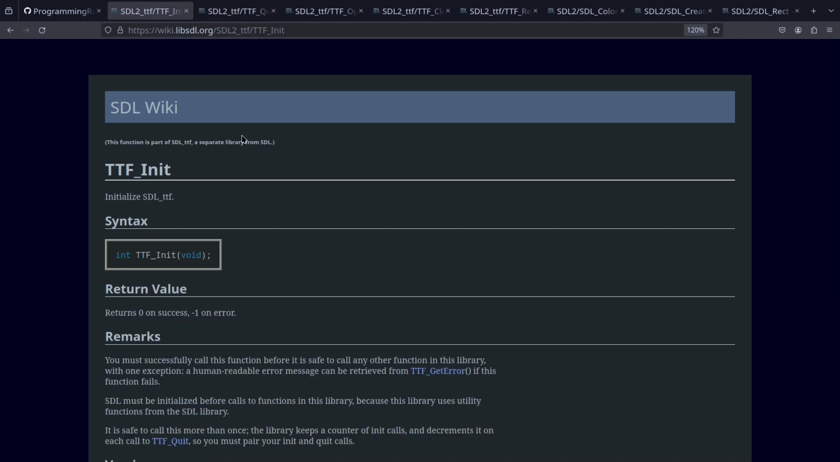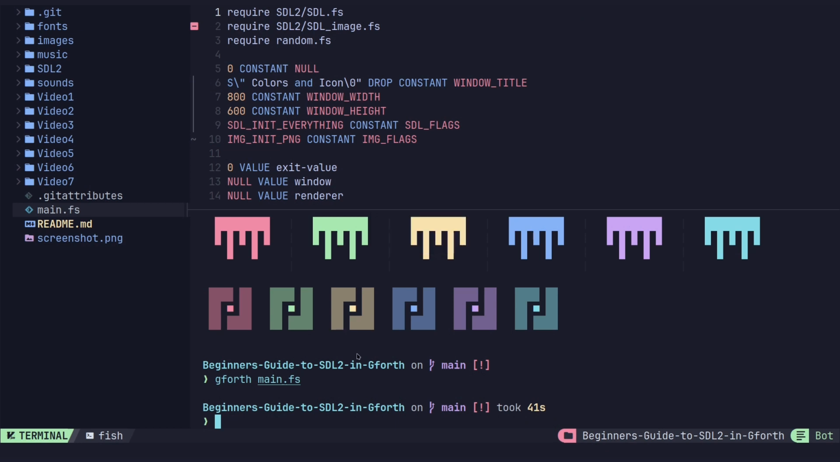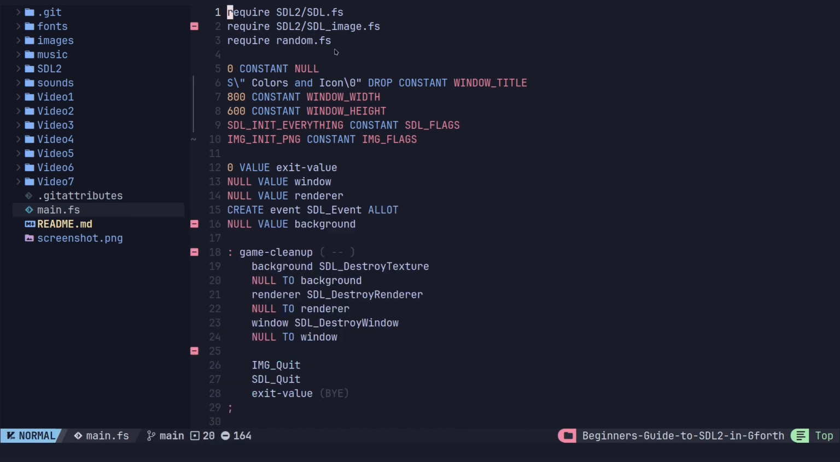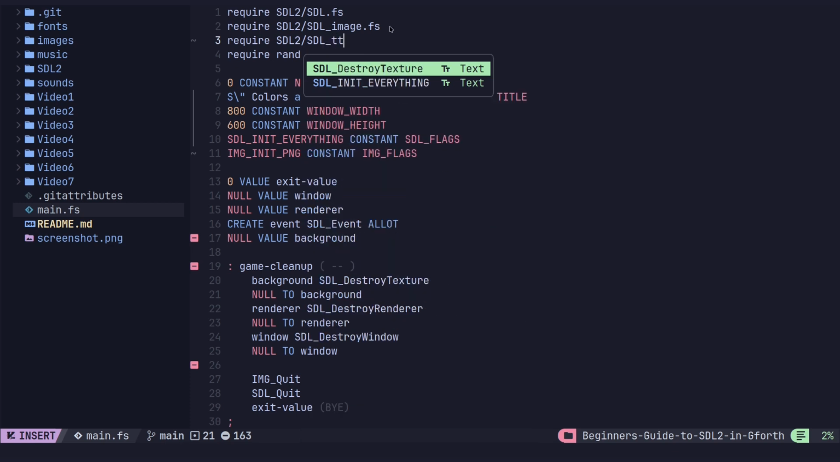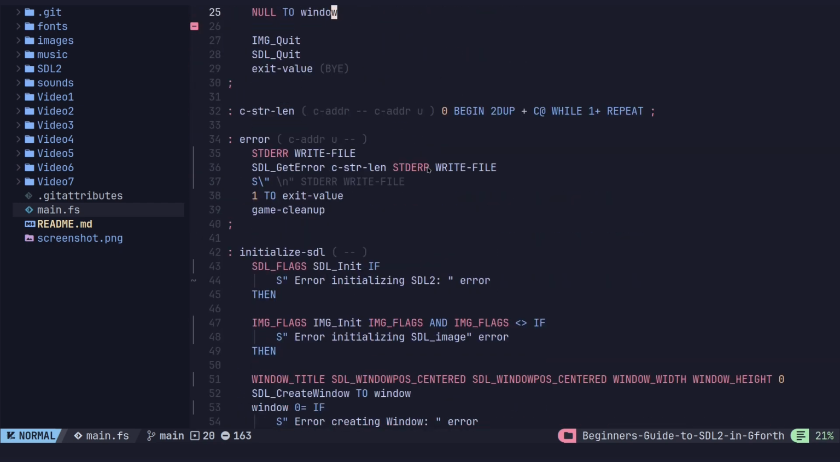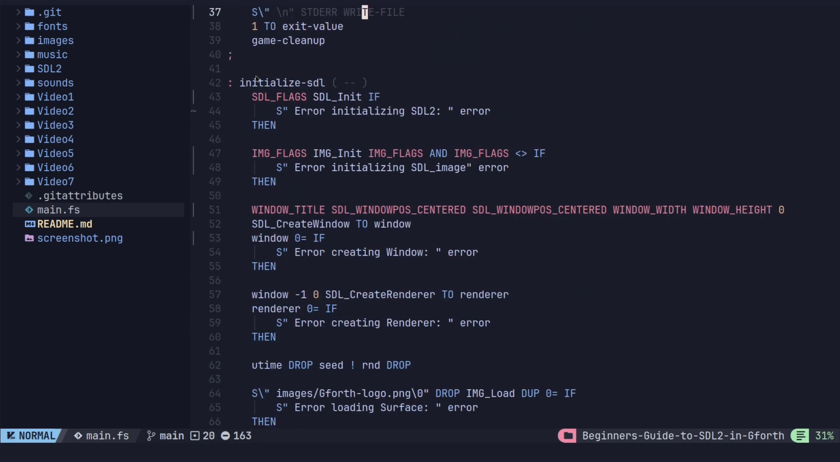And we also need to remember to require the TTF Forth module here. So this one's going to be require SDL2 SDL_TTF.fs. And that's going to give us access to everything that would be in the SDL TTF module. So we're going to go down to initialize SDL. And this is where we're initializing SDL here. And then we're initializing the image module. So right below that,